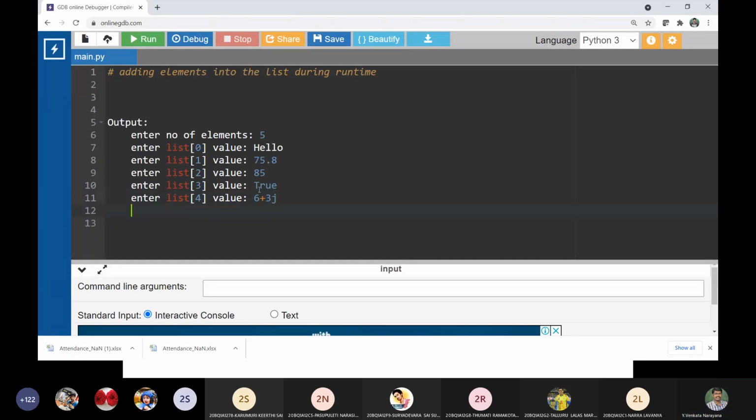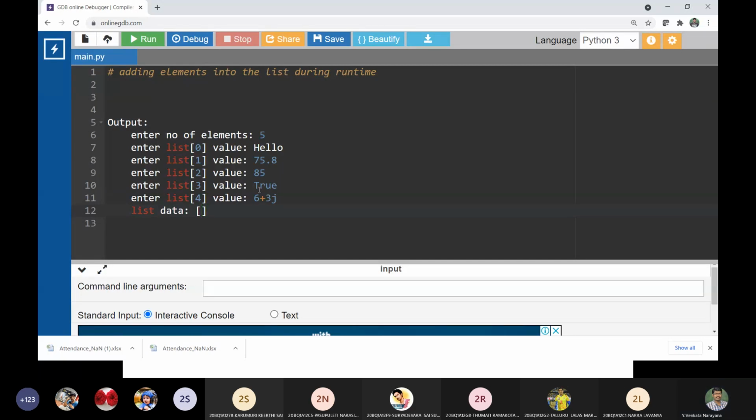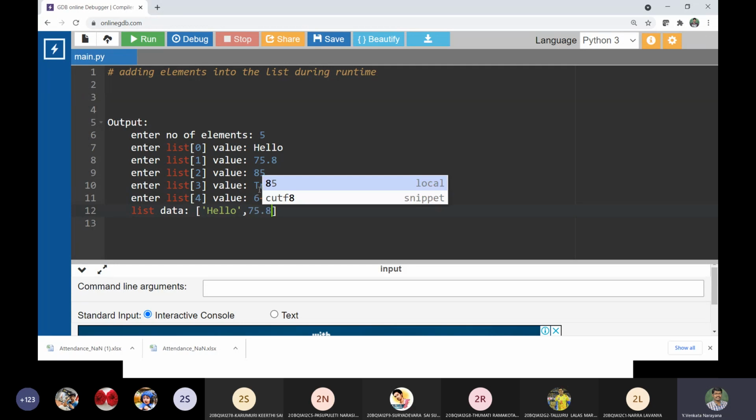As a result, the data has to be like this: hello, 75.8, 85, and 6 plus 3j. This is the output. Since 6 plus 3j is in the form of a string, it will be represented like this.